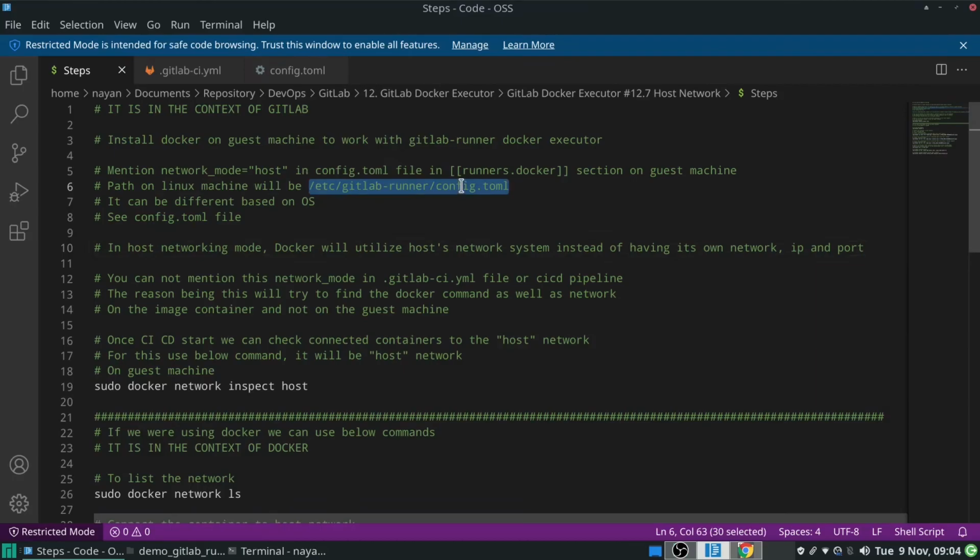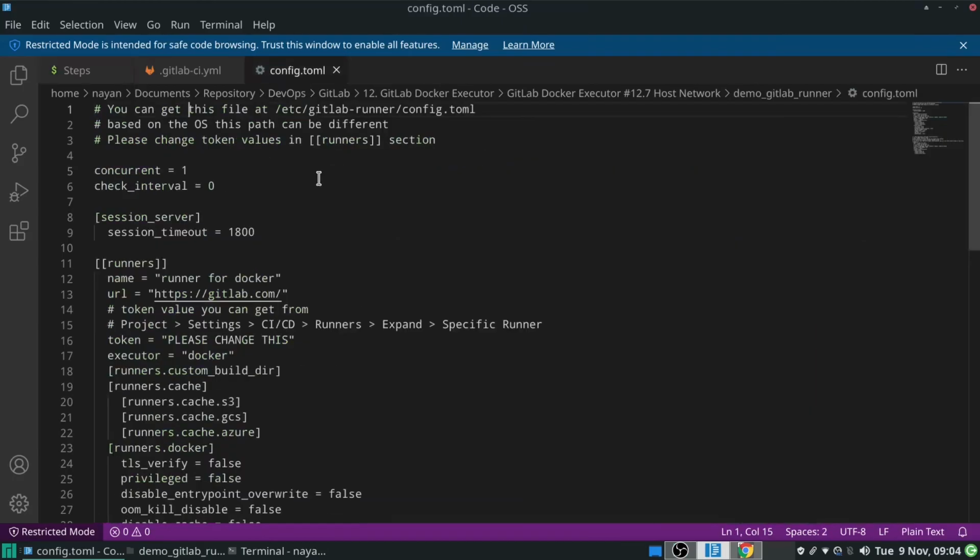You need to find this config.toml file, and in it you need to use this particular parameter, network_mode = "host". Once you have provided this parameter, you are ready to utilize the host networking system in GitLab Docker executor. Let's see the sample config.toml file.